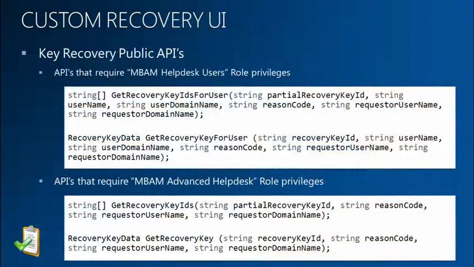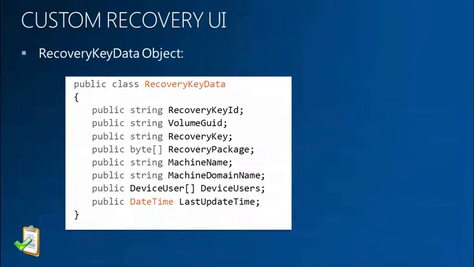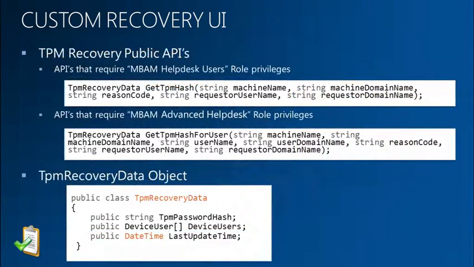And then finally, we've also done key recovery APIs. Again, these are web services. These are public and available that you can actually go ahead and use. We've had some customers talk about using these to create their own self-service recovery portal. And we do make those available. And again, I'm not going to walk through all these, but I'll give you that as reference. And they'll be available in the slide deck that you can download and look at. And then the same with the TPM recovery. So basically, everything that we expose in our web service via the portal, we try to make available to you